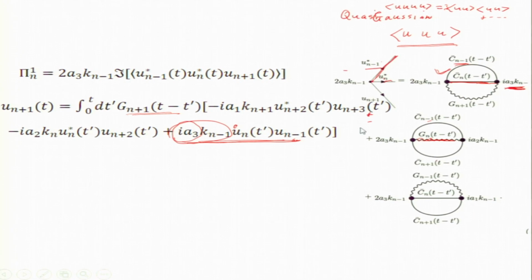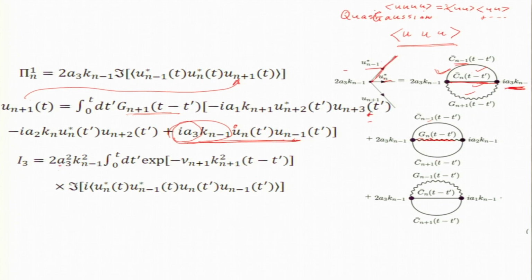So, I just substitute this u n plus 1 here. That will give me 2 correlation functions and Green's functions. So, what is this integral? We get the product of these two, these are okay, but I take the imaginary part. So, this is i sitting there, which is good, and these are all real variables. For shell model, they are all real variables, but this i is sitting there. So, I take the imaginary part. So, I get a 3 squared, k n minus 1 squared integral.